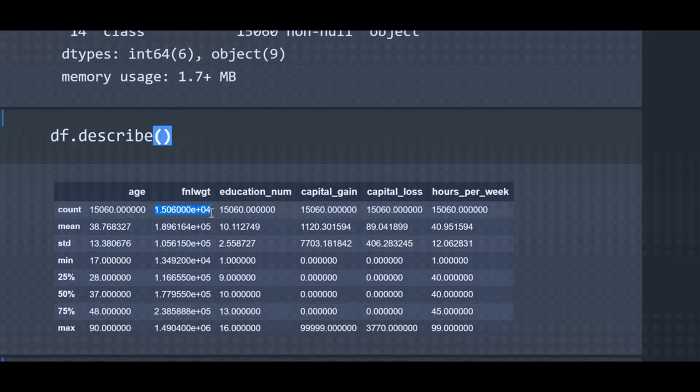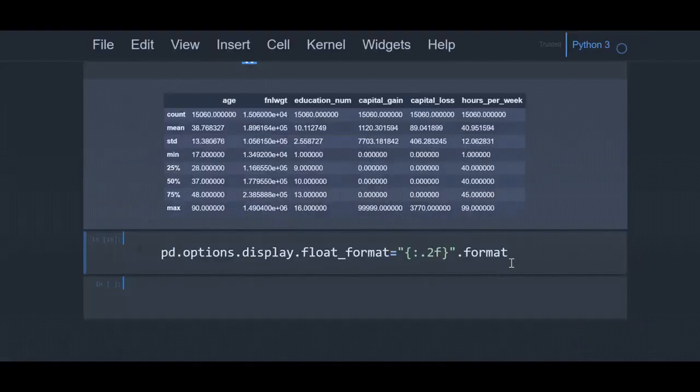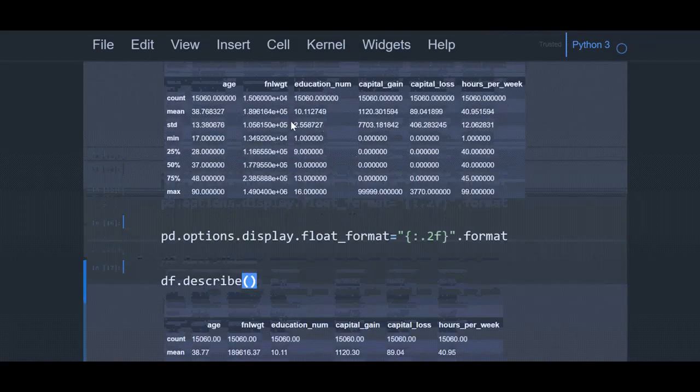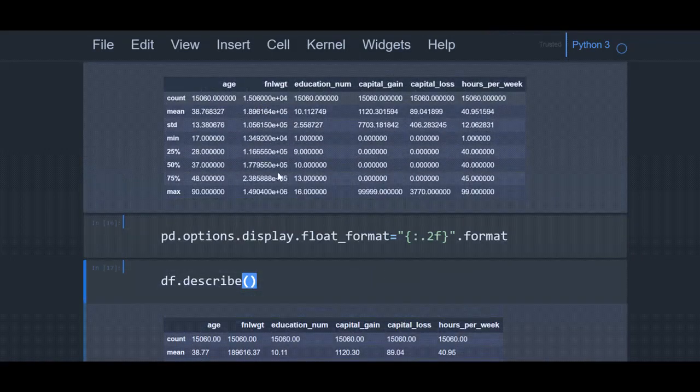Here you can see for some values it may display like this. You can change the format. You have to provide like this, that is you are changing the display format for float values. You are giving 2 decimal places. After this, if you give describe method, you can see the display format is changed to